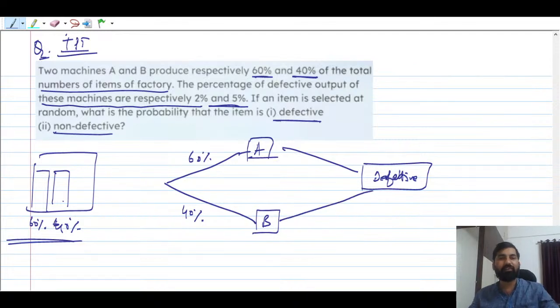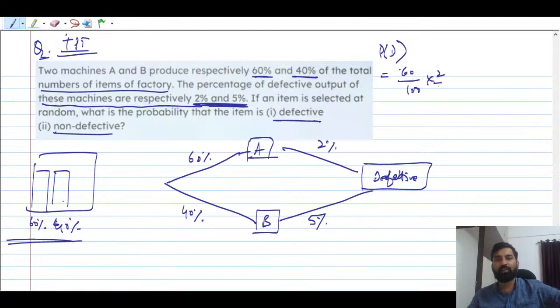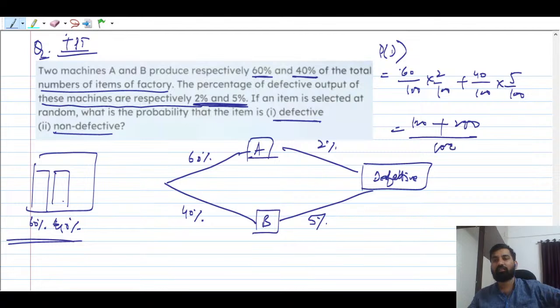If machine A has been selected, what is the probability that it will produce a defective item? They have given already 2%, and this one is 5%, right? These are the defective probabilities they have mentioned. Now you have to find the probability of defective, right? So it is nothing but 60 by 100 into 2 by 100 plus 40 by 100 into 5 by 100. So the LCM is going to be the same, and it will be 120 plus 200 by 100, right? Then it is nothing but 320 by 100, which is